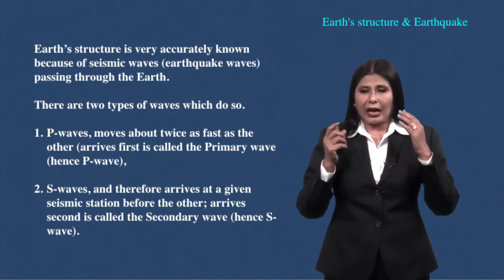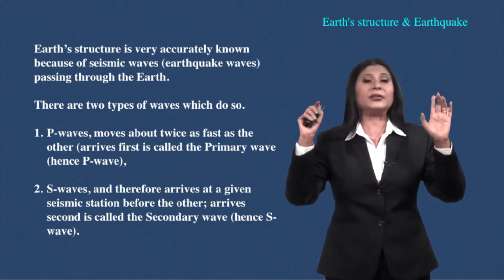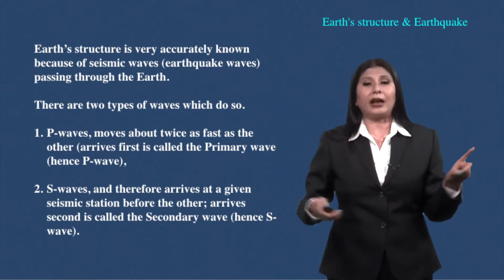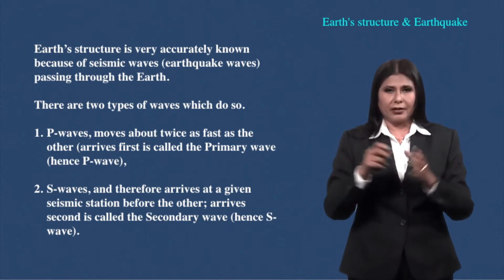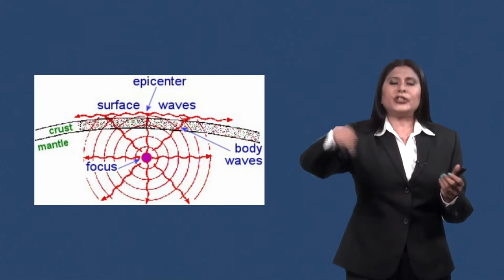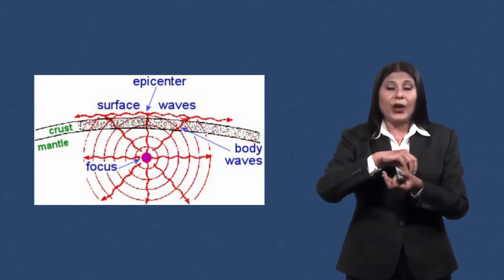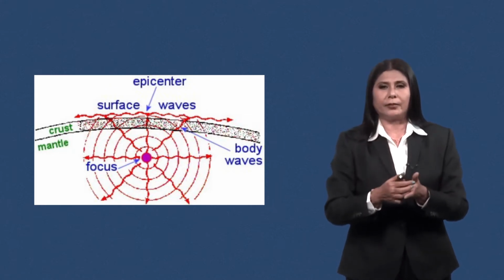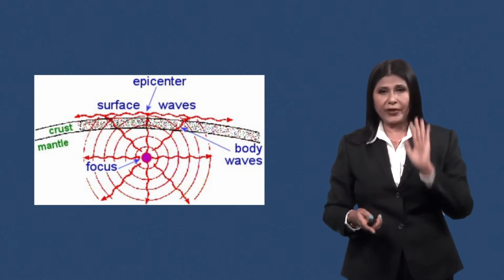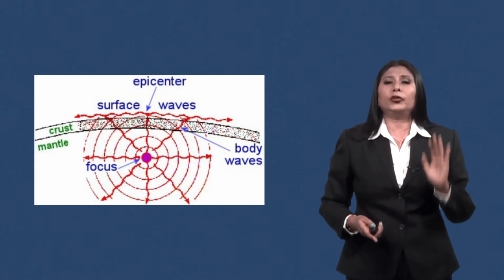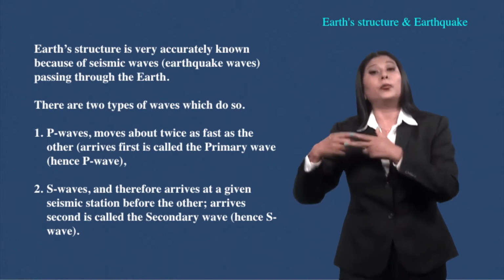When an earthquake happens at any point, two types of waves are produced at the same time. One is the wave whose motion is perpendicular to the propagation of the wave, and the other is parallel to it. There is also a third, called the surface wave. So, three waves. Out of the three, the P and S waves are called body waves, because they